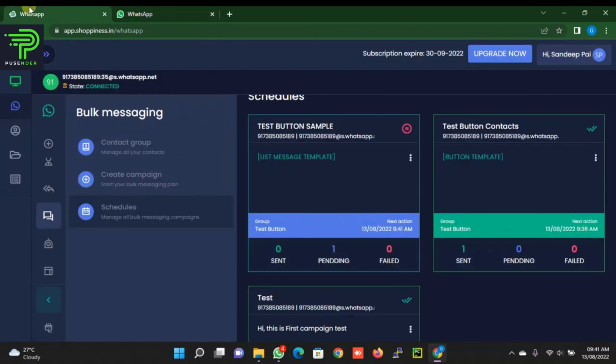Okay, so this is how the list works. Now we have checked the autoresponder, we have checked the normal campaign, and how to send the normal campaign. Now as I told you, this version has a name variable also. Then how to use that name variable we'll quickly see. You just have to create one more group,